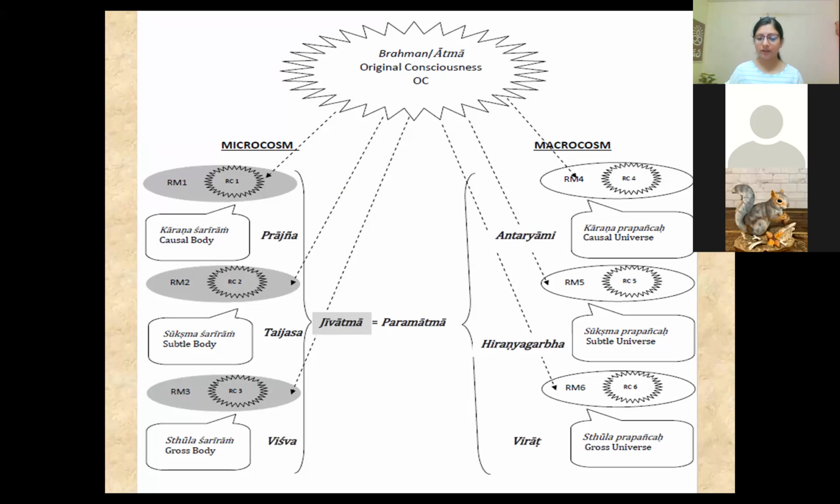That is correct, but how will you remove it? That is the question. By jnana, by Vedanta, by acquiring the jnana. Which means that only by intellectual dismissal can you subtract that RM. Try to physically subtract your RM, and it is counterproductive. That is not possible in the causal body, because there is ignorance there.